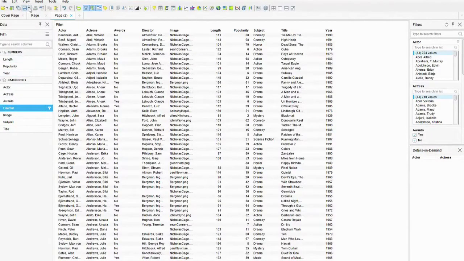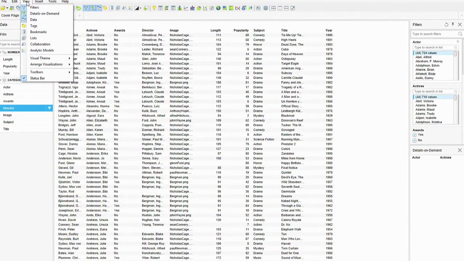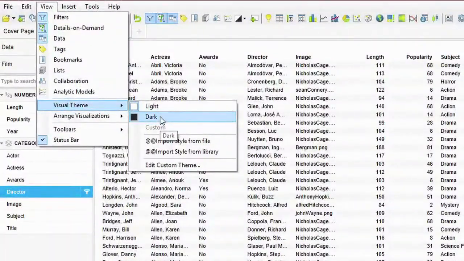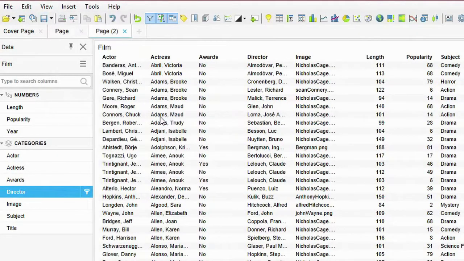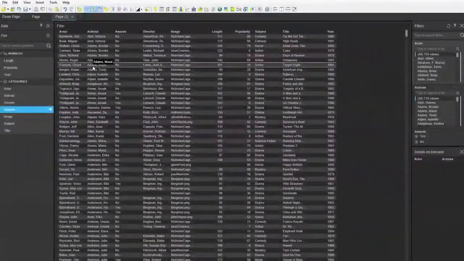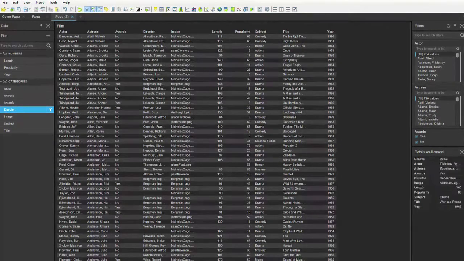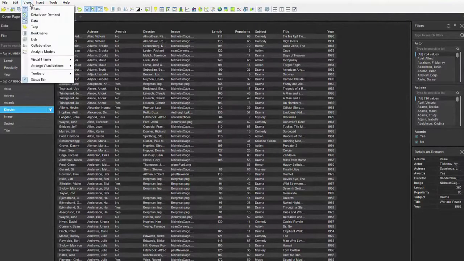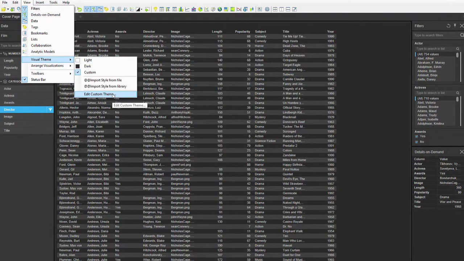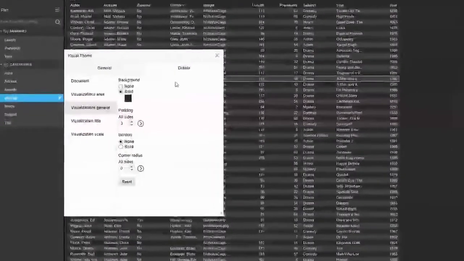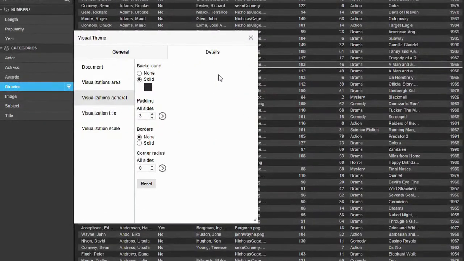But the thing that everybody's been looking forward to, of course, is the new visual themes. Right now we have light and dark, and I guess the ability to edit them as we go forward. But if you're feeling mysterious, you can have everything default to a dark theme. But just having it light or dark is not the only capability of this new function. If you click up to View and go down to Visual Theme, you can also edit that theme to create your own custom theme. It's great that they have the light theme, which is what you're used to, and the dark theme,